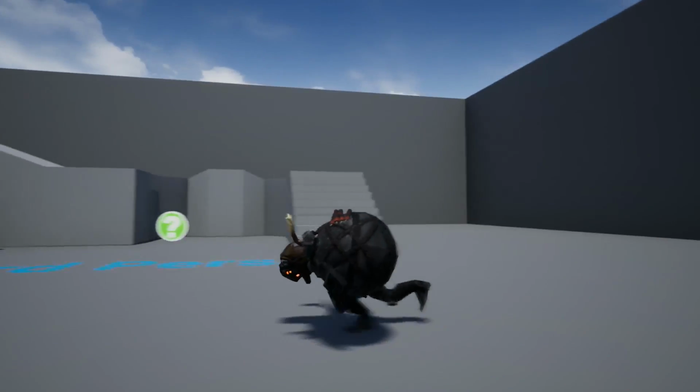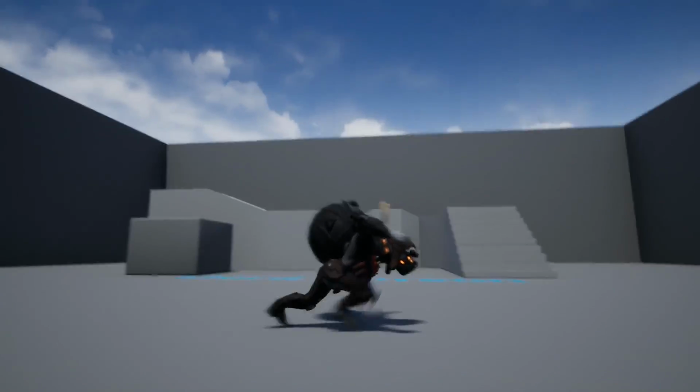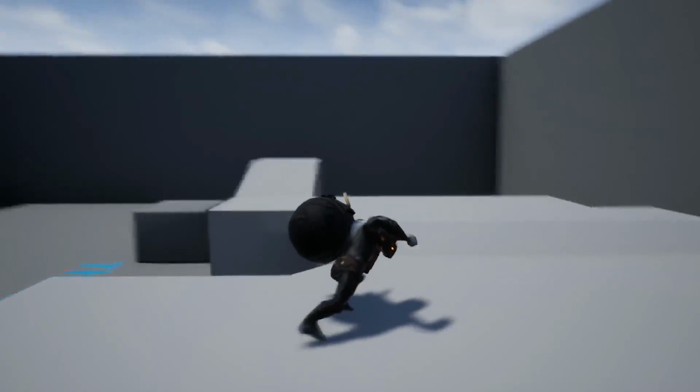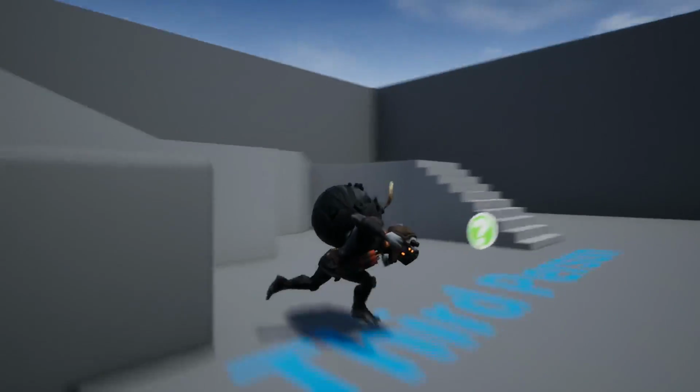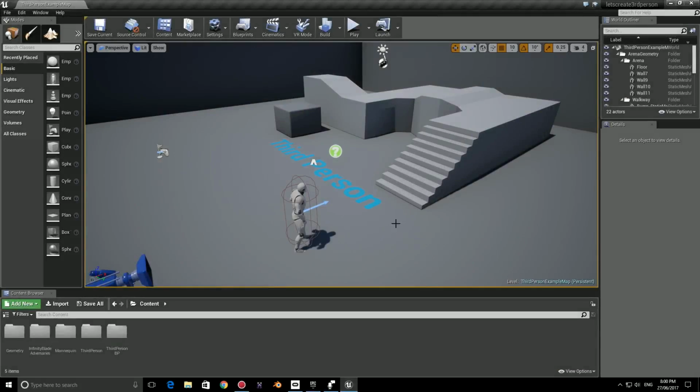Hey everyone, in this Let's Create, we will be creating a third-person character. This will involve the character moving and setting up the animations for its idle and run states. Let's begin. In order to follow along with this Let's Create, make sure you have the third-person character imported into